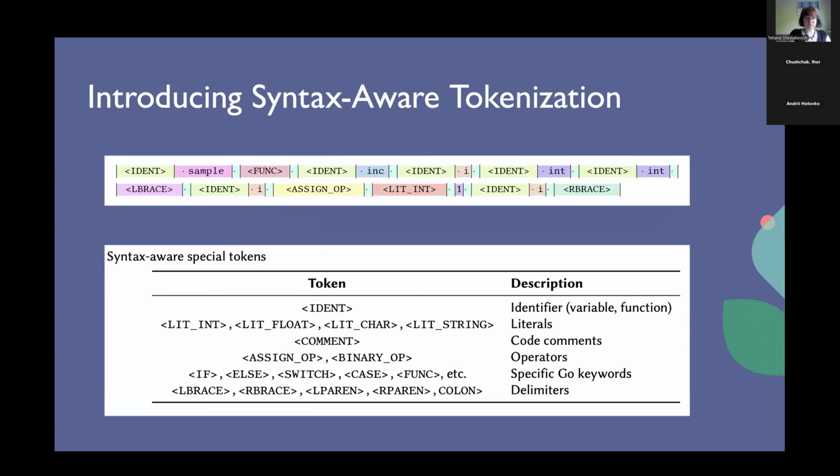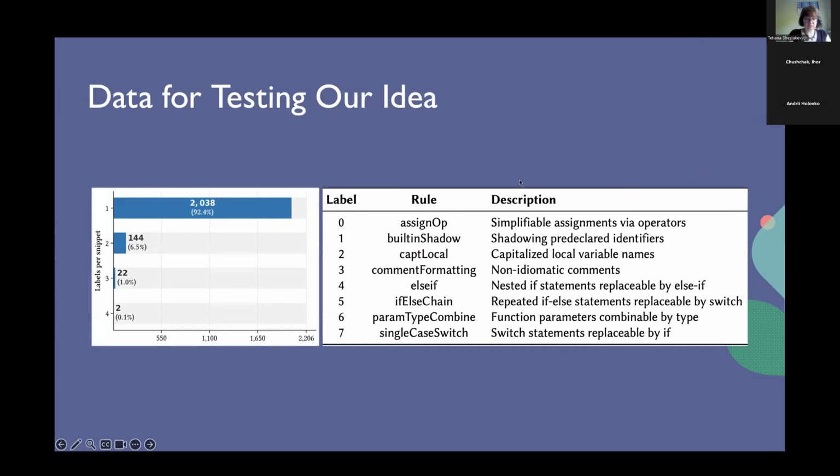To find this out, we built a tokenizer that is aware of syntax and semantics of Go code. Instead of just splitting code into meaningless subword tokens, our tokenizer uses special tokens derived from the abstract syntax tree, like identifier, different kinds of literals or comments. You can see how it works for the sample code on this slide. The goal is to give our pre-trained Llama model a more structured view of Go code